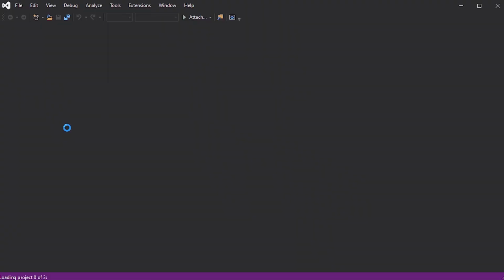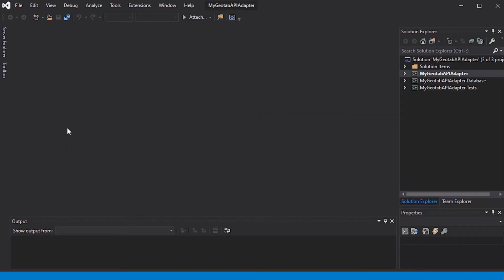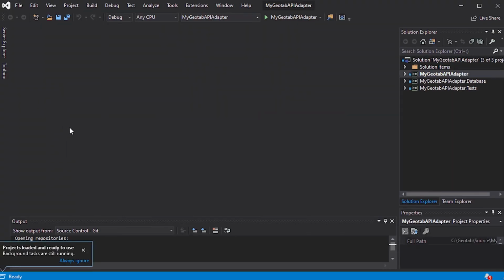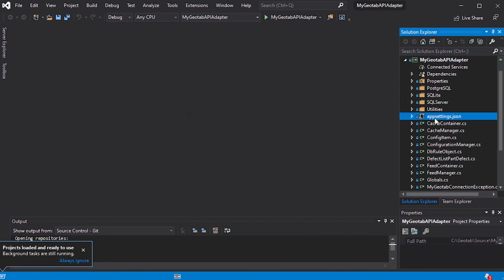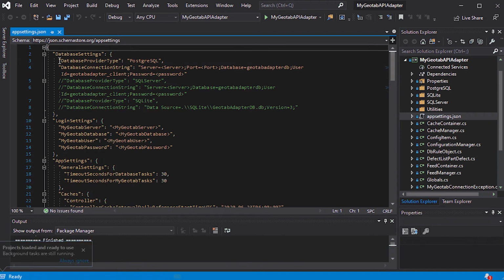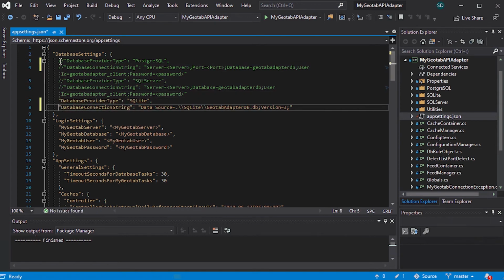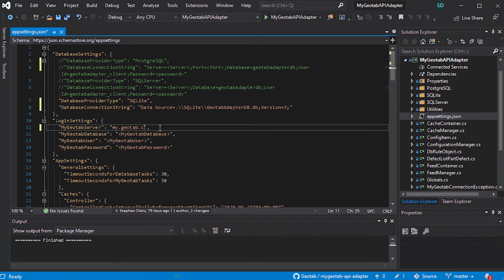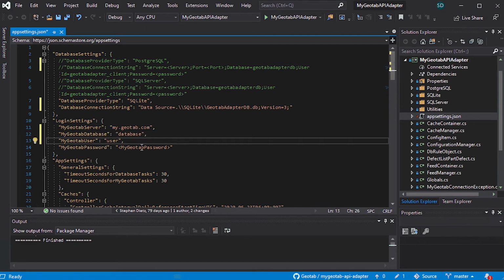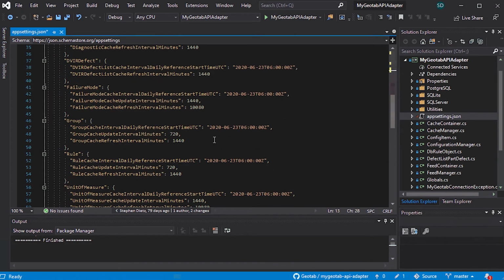And once we're in Visual Studio, we can navigate into the solution, and again we'll have to modify the app settings file. So we're going to point to the SQLite database again, and once we've done that, we again also need to enter the MyGeotab credentials so that we can access the database to pull down our data. And then of course we can modify any of the other settings as well. Once we're done, we save that, and then we can actually launch the debugger. And when we do that, we'll see the console window is going to pop up, again indicating that it's running and pulling data down into our SQLite database.